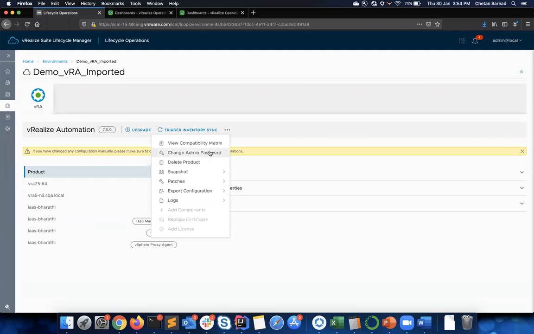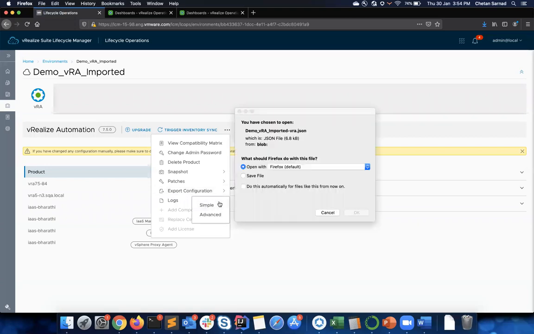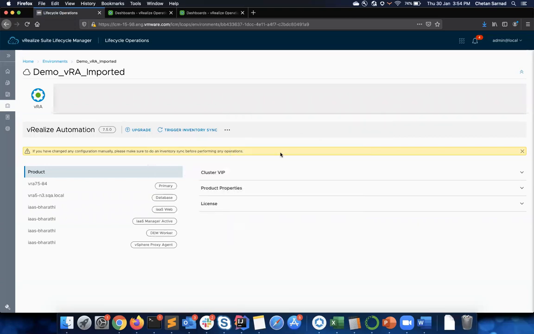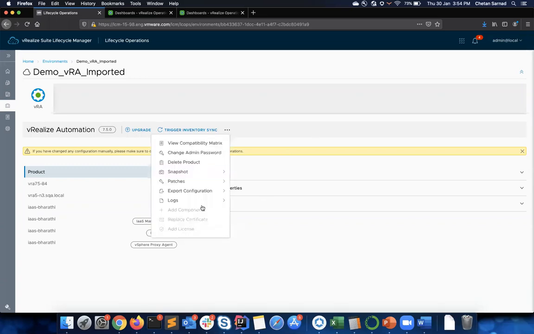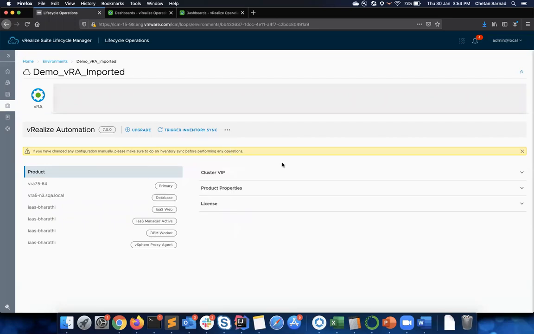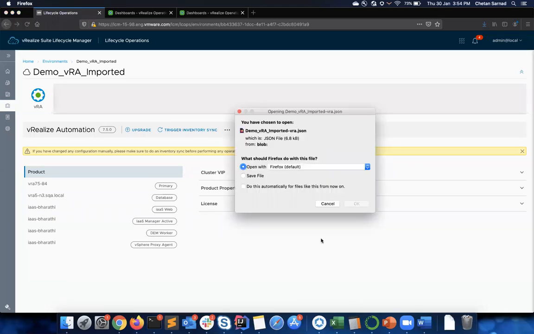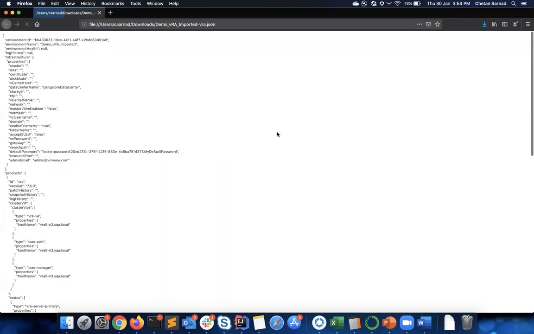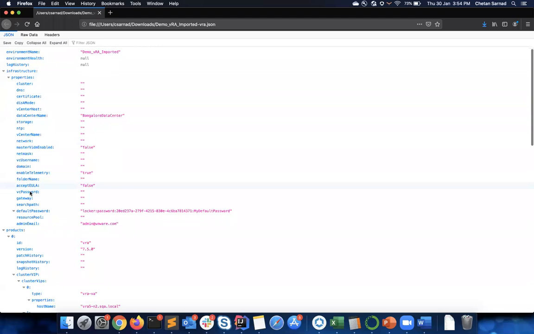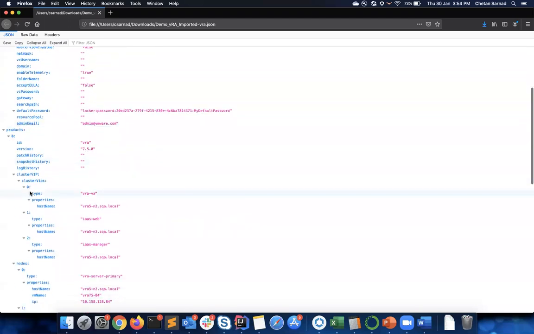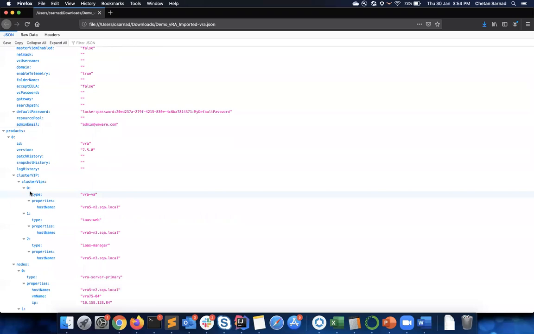Suppose I select simple, so you'll be able to capture all of the configuration into a JSON file, right? So you'll get a JSON file regarding all the infrastructure properties, other product properties that you might have entered. So if you want to deploy another similar product or a different instance of this product, you can utilize this